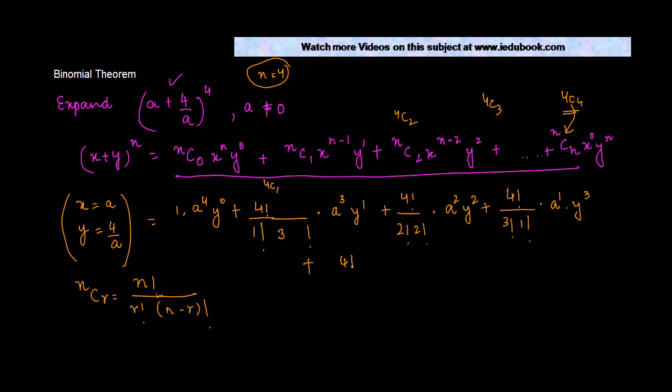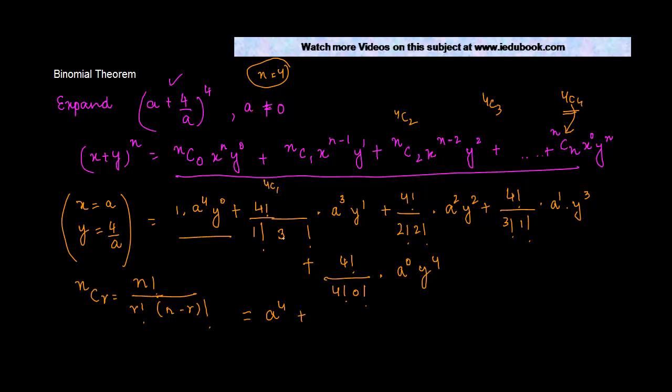So we get factorial 4 upon factorial 4 into factorial 0, into a to the power 0, which is 1, y to the power 4. Let's see the solution for this. The first term is very clear: a to the power 4, y to the power 0, into 1, is equal to a to the power 4